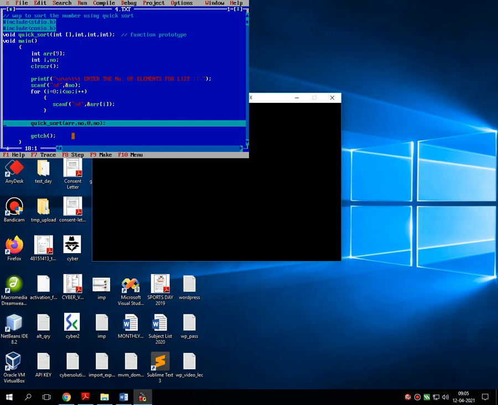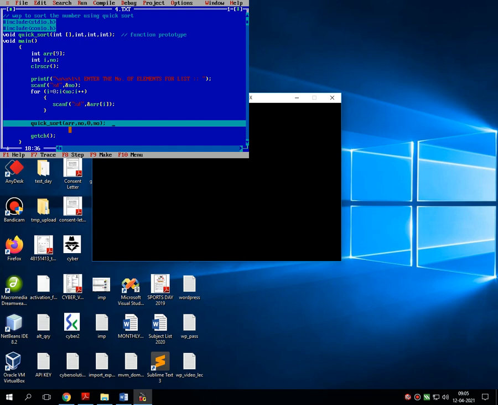Then it passes all these arguments into the quick_sort UDF. The arguments are array, meaning all these unsorted lists, NO meaning 5 total numbers, 0 meaning the first position, that is the low, and number is high, that is the last position.